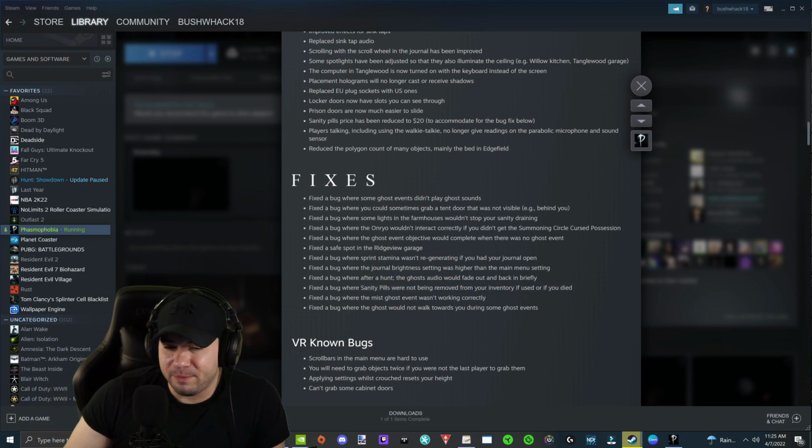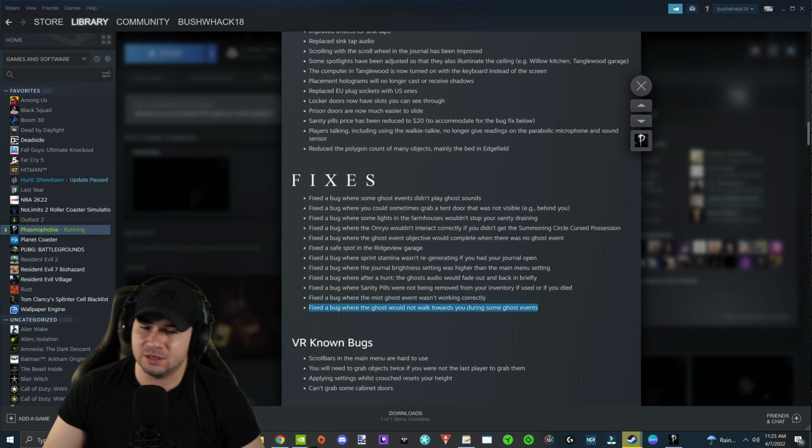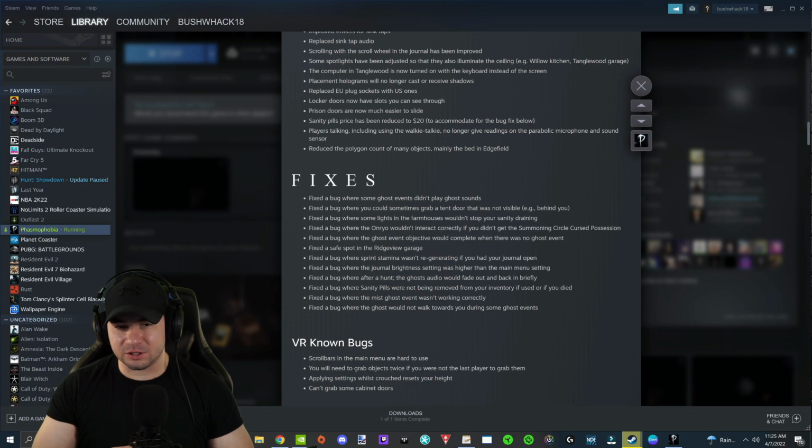Fixed a bug where the missed ghost event wasn't working correctly. Okay. I don't know how it wasn't working correctly, but I'm glad it's working correctly now. Fixed a bug where the ghost would not walk towards you during some ghost events. Okay. All good things. So that wraps it up for the patch notes, but there are some significant things to